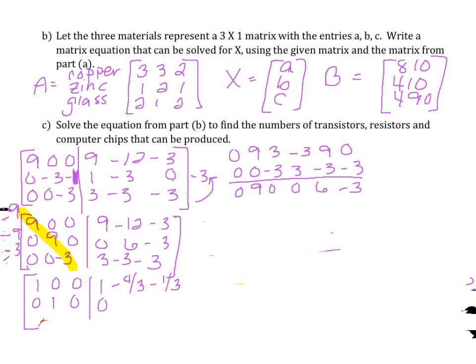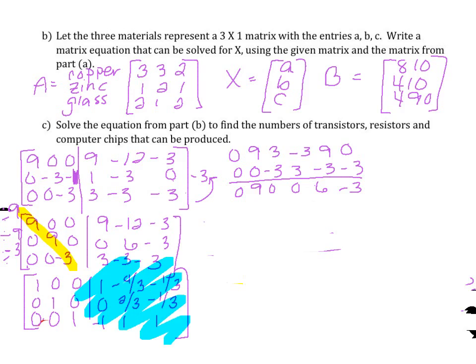Okay, so we're dividing by 9 in the middle, so 0, 1, 0, 0. 6 divided by 9 is 2/3. Negative 3 divided by 9 is negative 1/3. Now we're dividing by negative 3, so 0, 0, 1. 3 divided by negative 3, negative 1. Negative 3 divided by negative 3 is 1, and then 1 again. So now we have our inverse matrix,